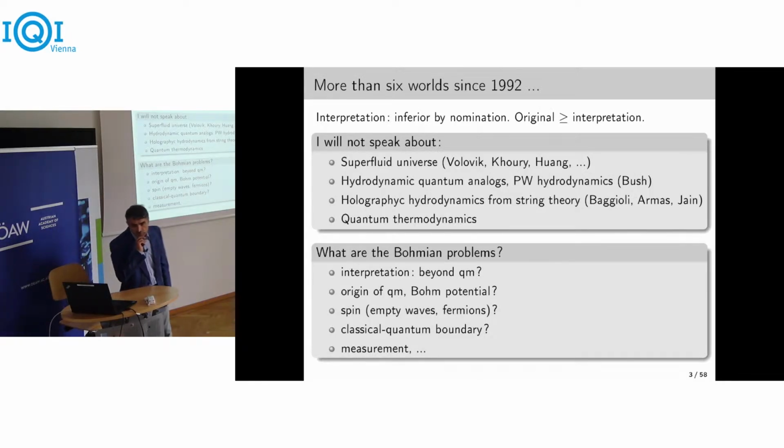Okay. So since 1992, when Bell was speaking about the six worlds of quantum mechanics, there are many, I think. And they are usually called interpretations. I don't like this word because interpretation means that you are inferior. You cannot go beyond the original. And my ambition is to show that beyond the classical quantum mechanical systems, there is another world that is